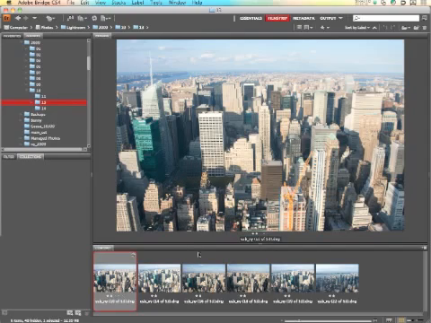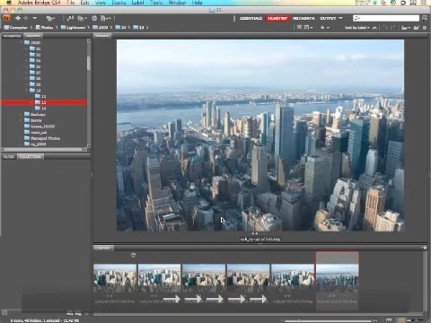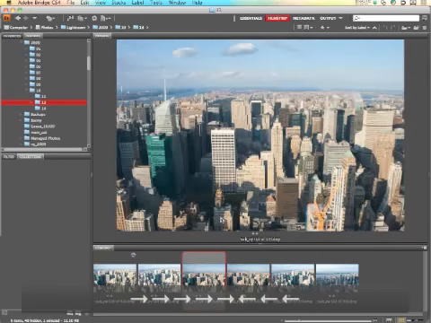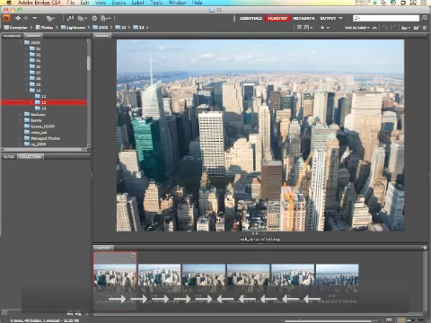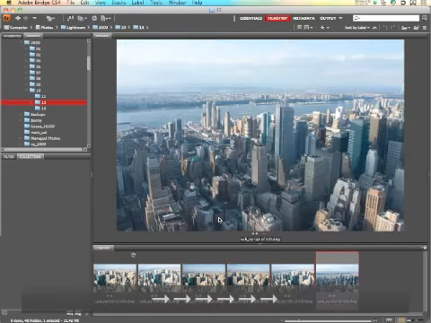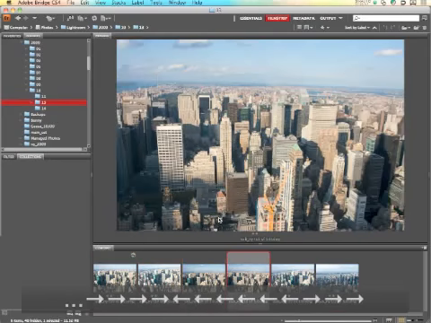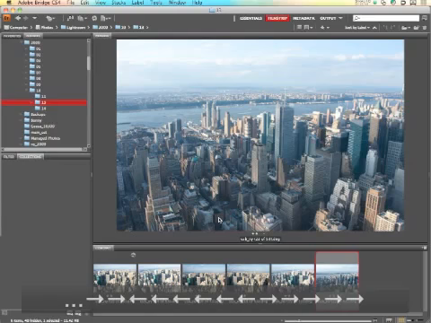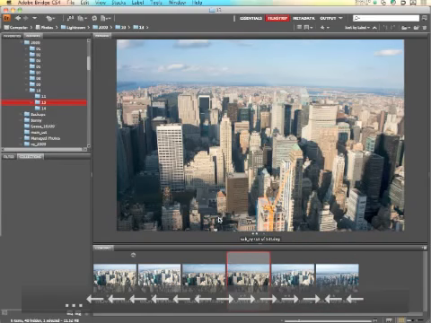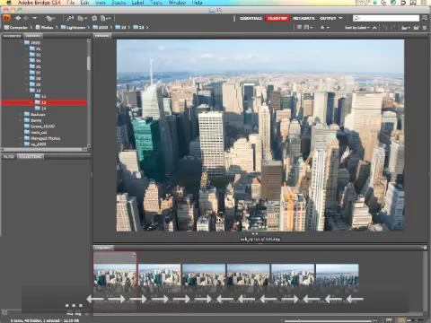So here we go. In the fall, I went up to the Empire State Building and like a million other tourists, I just shot a fake panoramic kind of shot. And I used, obviously, no tripod because none of these images are lined up, as you can see. So, what to do, right? Well, it turns out,